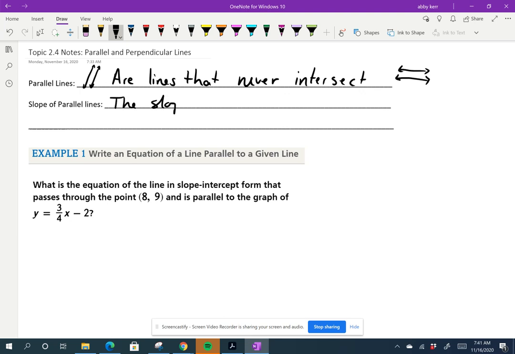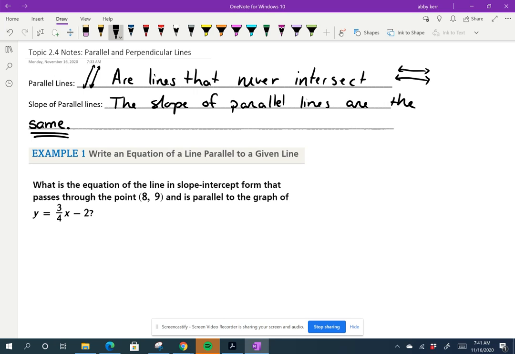The slope of parallel lines are the same. So if you have a slope of 2 for one line, then a parallel line would also have the slope